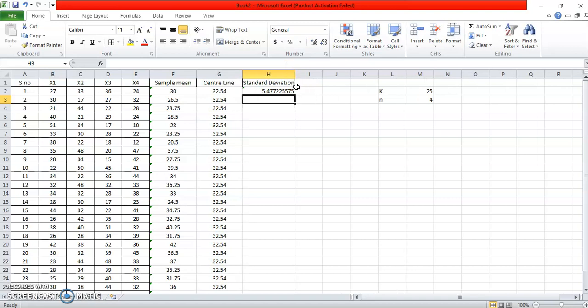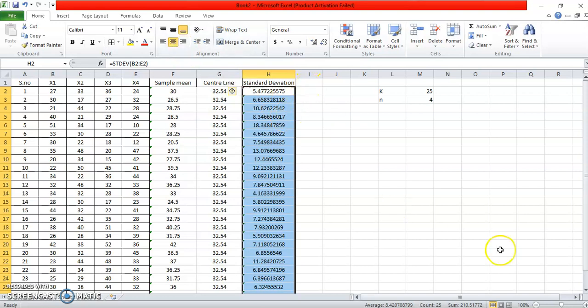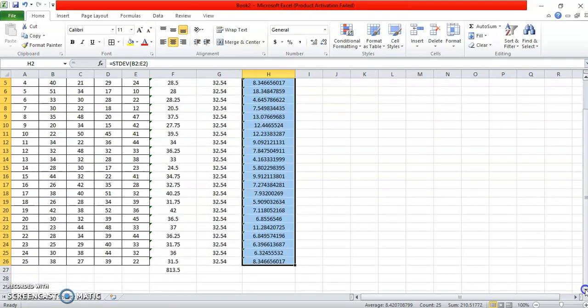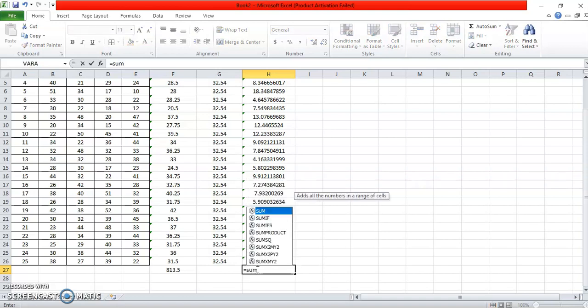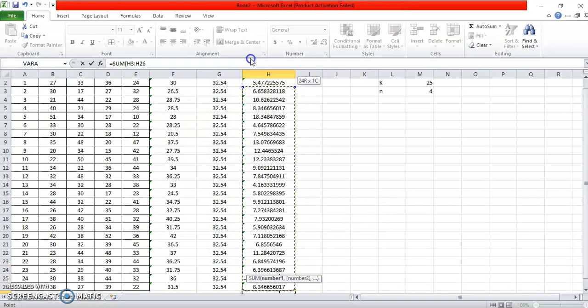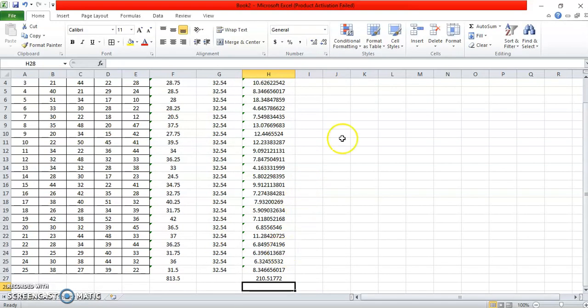And the value of standard deviation here, we are interested to find individually for all the sample points. So this is the value for your standard deviation. After finding the values of the standard deviation, what do we want to find? We want to find the average. To get the average value of the standard deviation, that is also called the S bar value, we'll first find the sum of all the values of your standard deviation, right? So this is your sum of all the values.